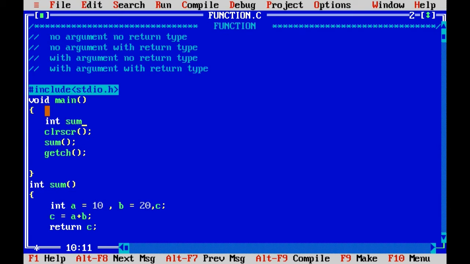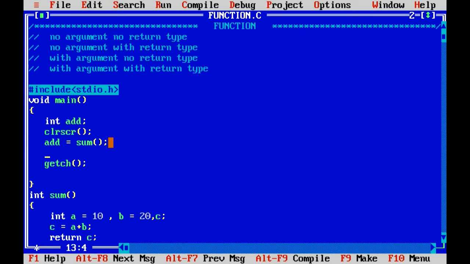I will call it addition, and here I will tell addition is equal to sum, and then in the next line I'll just print "addition is" and give the value add.